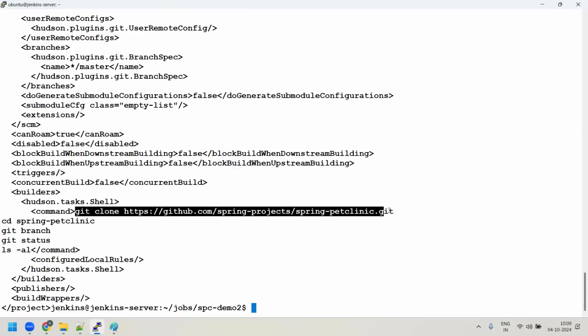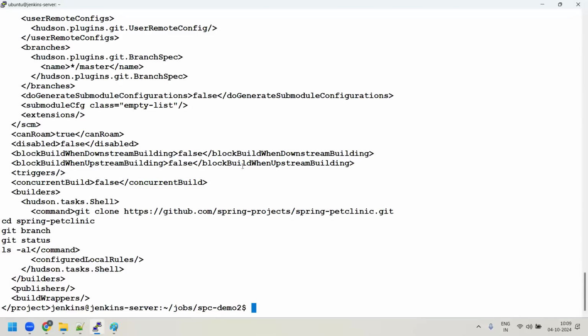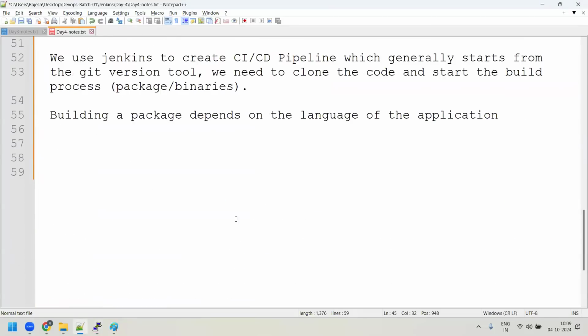When it is cloning, where does this clone directory have to get created? It has to be created under the workspace. So it will go inside the workspace, create a directory with that name, and clone the code into it, where all the cloned code will be. So literally,